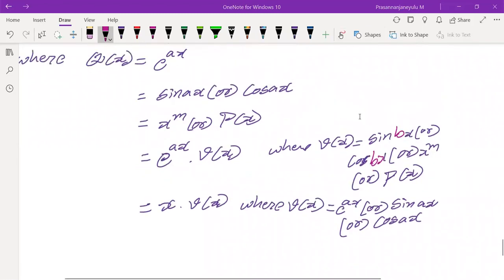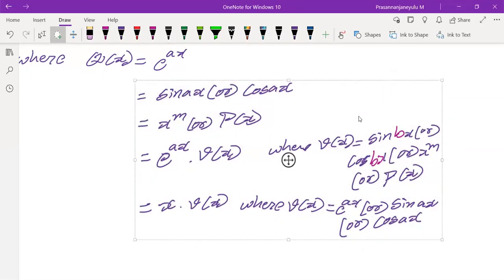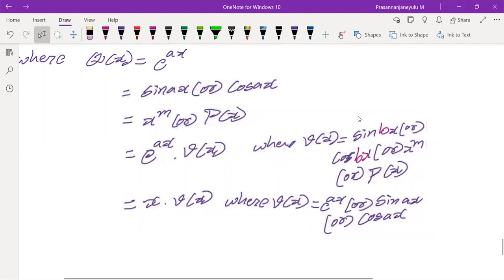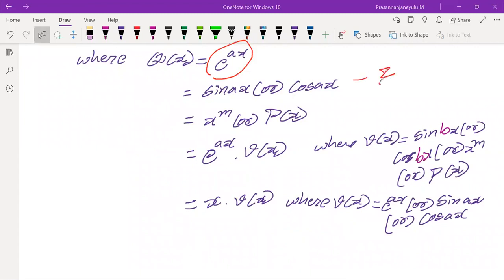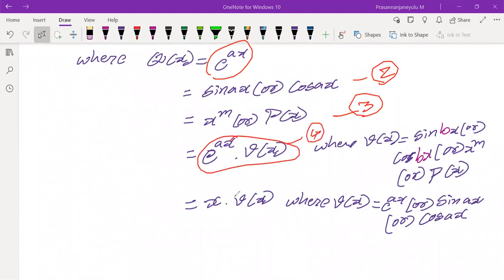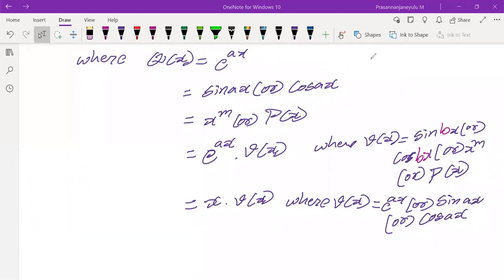So now, if you observe, these are the cases we are going to get in our q of x. In the next classes, we are going to discuss what happens if q of x equals e power x, if q of x equals sine ax or cos x, and if q of x equals x power m. These are the cases. These are type 1, this is type 2, this is type 3, this is type 4 and this is type 5. And there is one more case, type 6 also, I'll tell you later. Okay, so 5 different types. On each and every type, you will get different types of model problems.